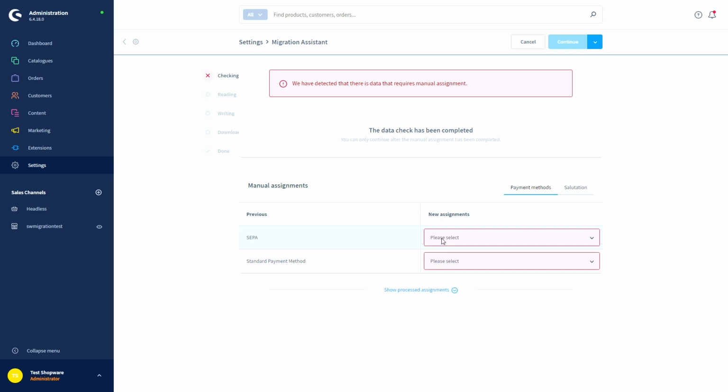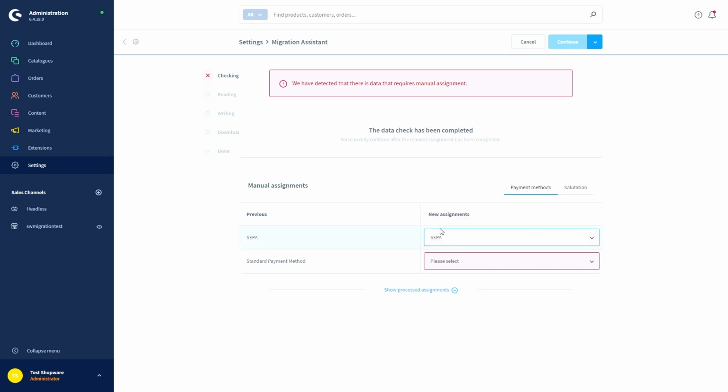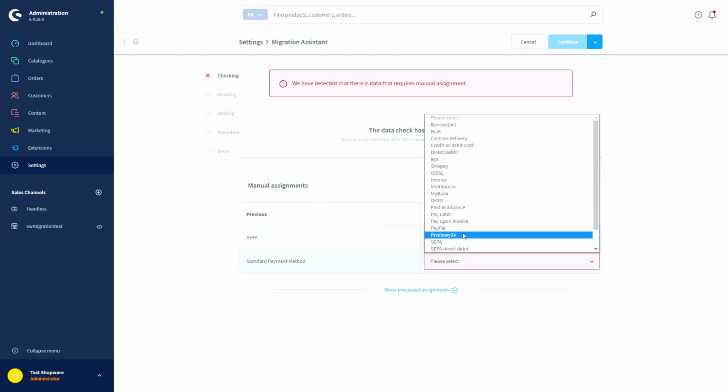So we can now select the payment method to map the payment methods. And then we've got the standard payment method, which can't be mapped correctly,